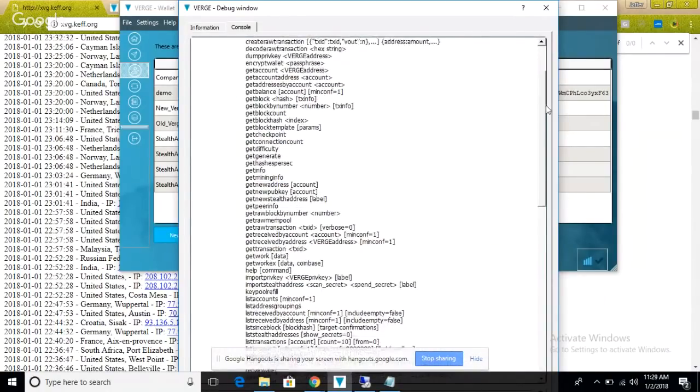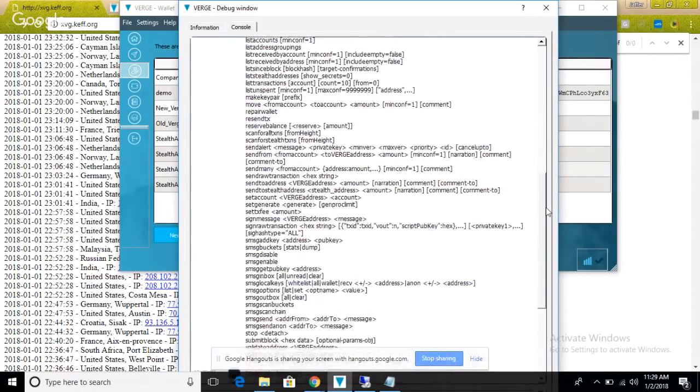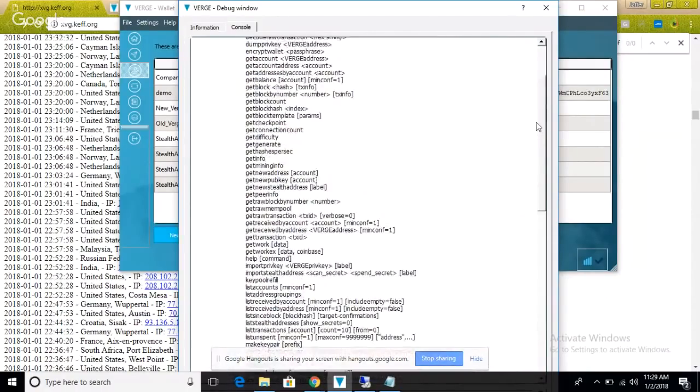And you can see they've also increased a lot of different commands in this program, which were not available before. So you can actually list your addresses. You can move around addresses. So for example, if I look at those accounts that I had,